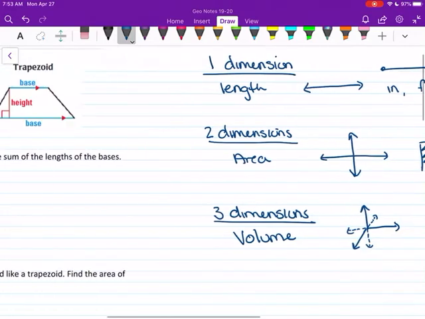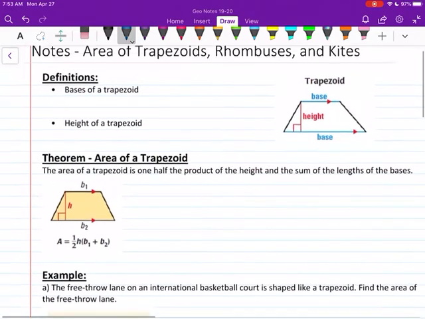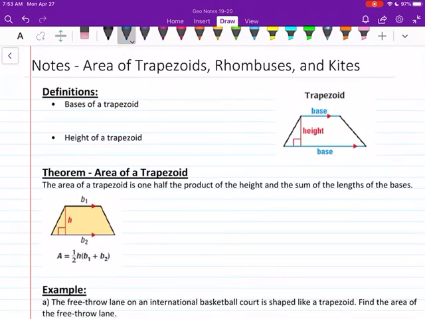Okay, so back to our notes for today. Today we're talking about area of trapezoids, rhombuses, and kites. Once again, our notes are going to be pretty quick. Most of them are already typed out for you, and then we have 3 examples. So let's review the rhombus. So remember, if we have a rhombus,